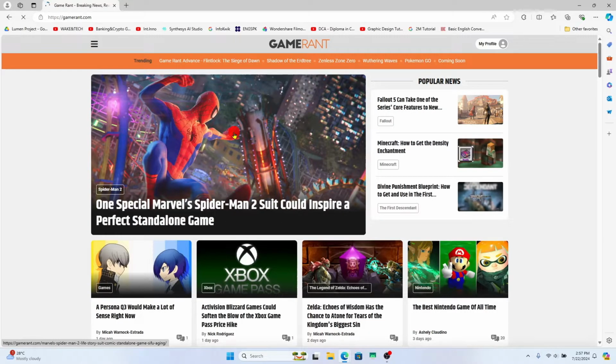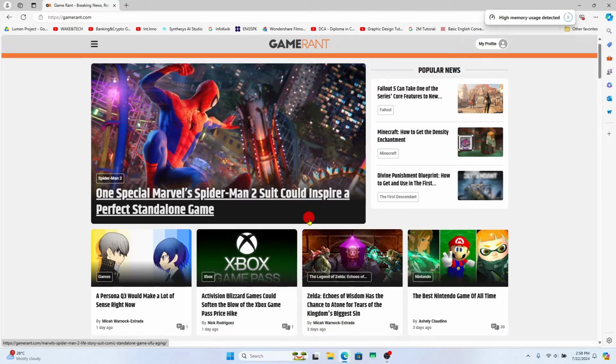Now from the homepage, if you haven't logged into your account already, click on the account icon at the top right corner and you will be taken into the login portal. You can then just use your email address and your password or your social accounts to log in. After logging in, you will be taken into the homepage from which you will be able to look at the